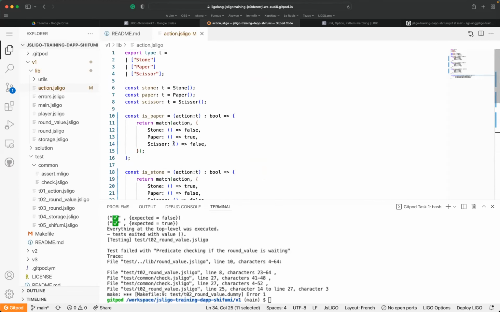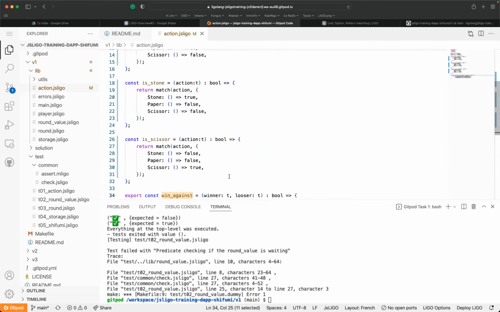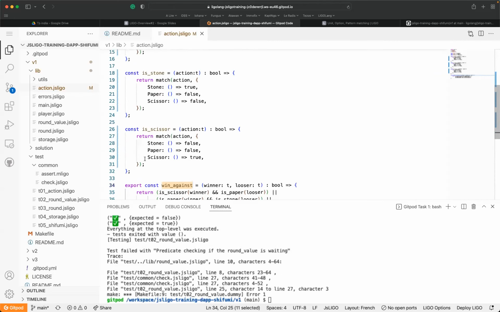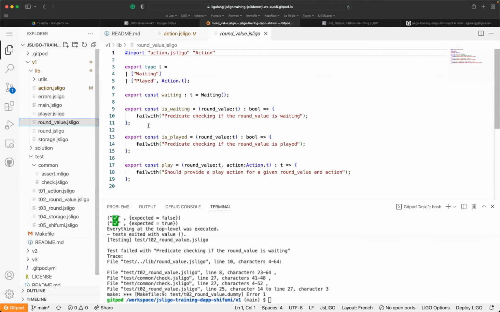So this is really simple, nothing else to say about the actions. Once we design the action, we are going to design what a round is. So round value, a player has different states.